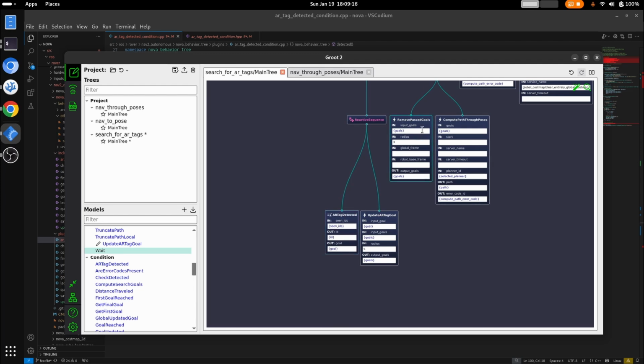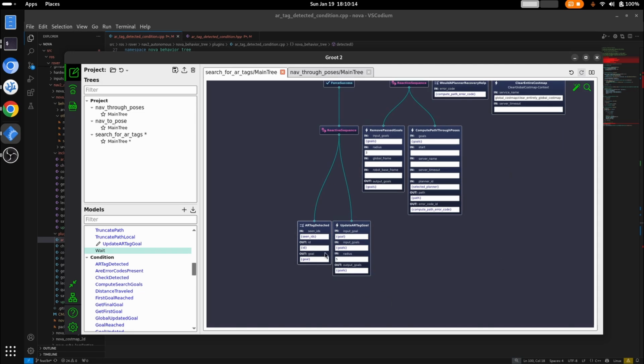What if I copied the functionality from here into UpdateARTagGoal instead? But then at that point, why don't I just copy it into ARTagDetected? Because this node has everything you need. It has scene IDs, it has the ID of the AR tag, and it has the pose. So if I just copy the code that's responsible for checking, hey, is the rover close enough to this via point that I can remove it? Then I can simply check, hey, is the via point it's about to remove the same as the AR tag that we're looking for? If it is, add the ID